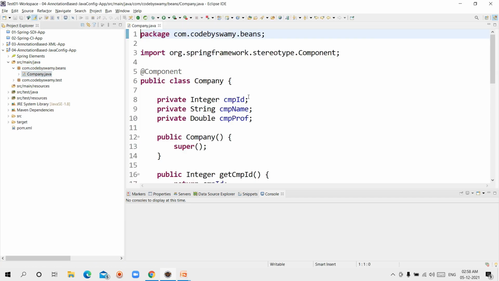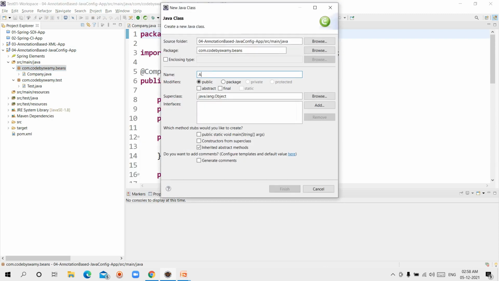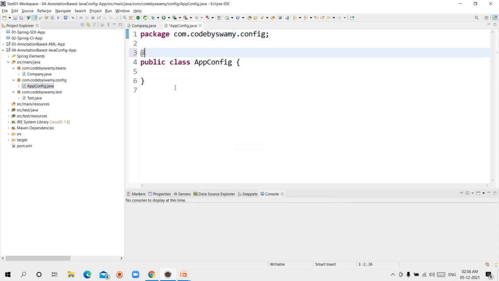We already have the bean class, same as previous, but this time no XML file is required. For that I am writing one Java configuration class, AppConfig, and on top of it I am writing @Configuration.